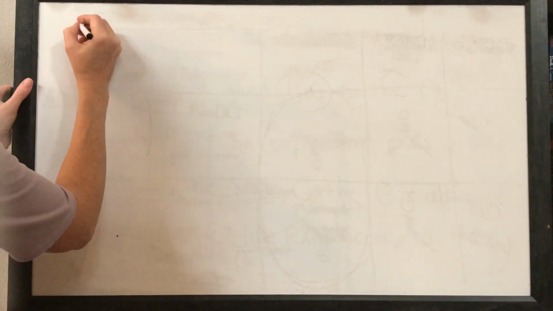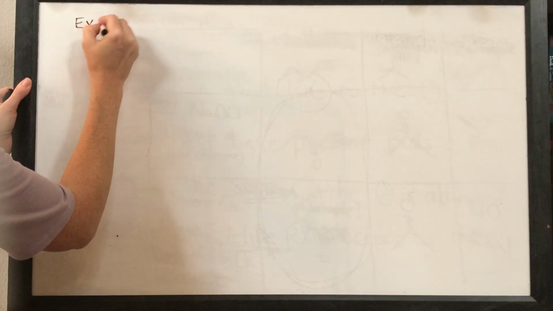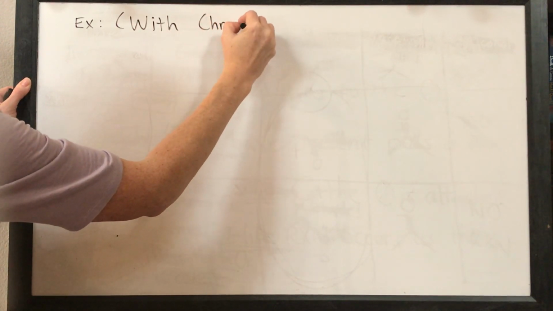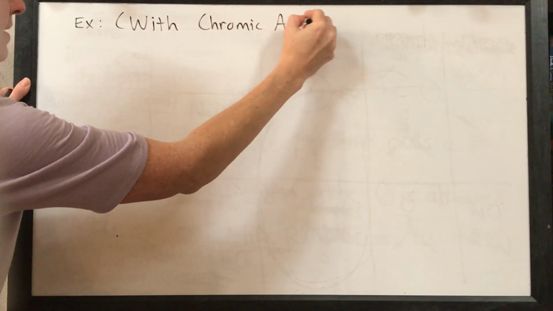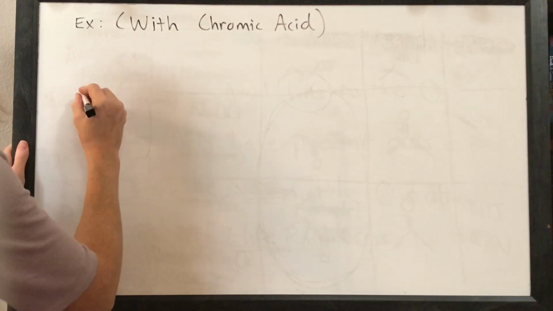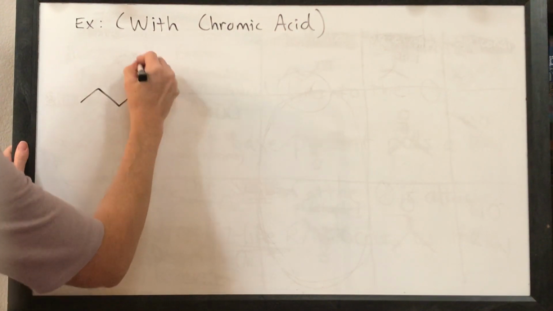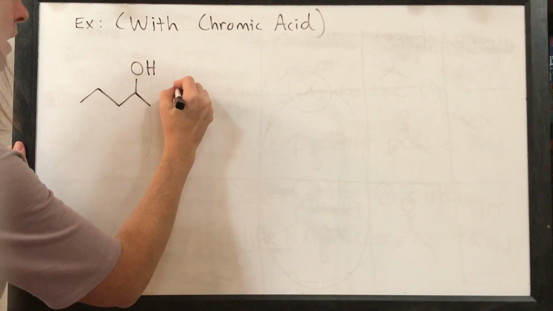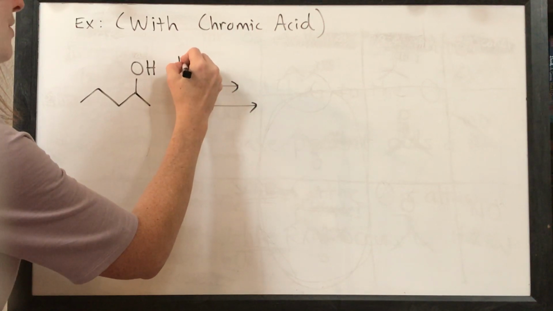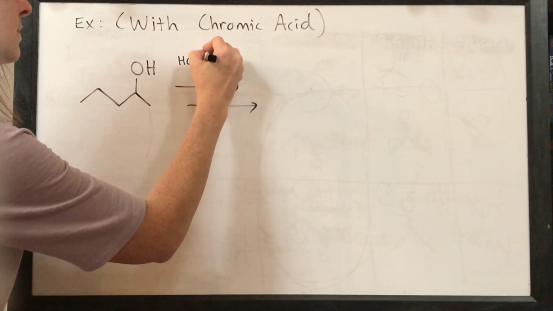So, let's see. We'll do this with chromic acid first. Chromic acid is your basic, strong, traditional oxidizing agent. Let's say we'll just do this with a secondary alcohol. So the first series of steps is to add the chromic acid, here's chromic acid,